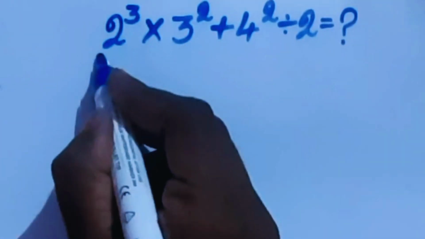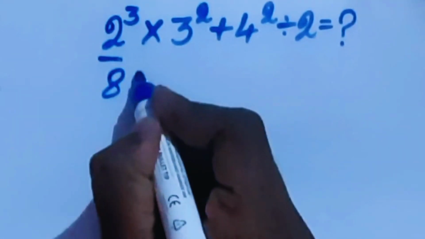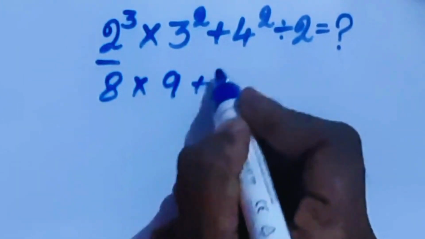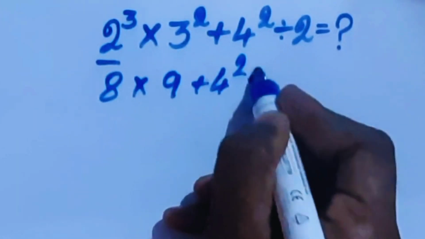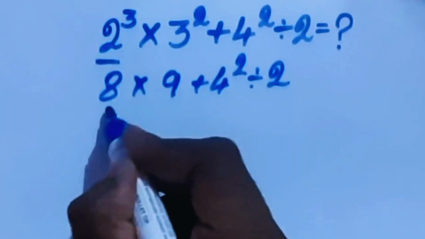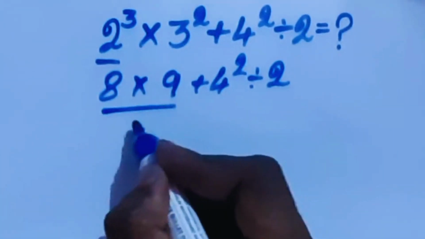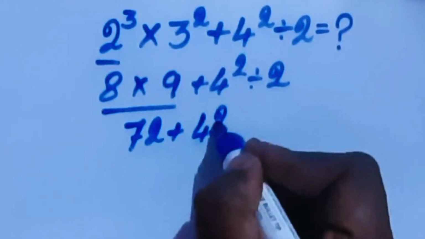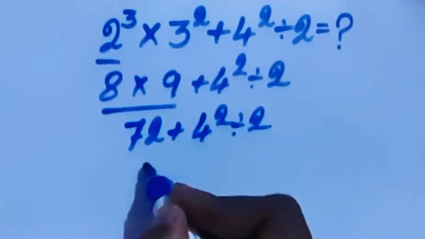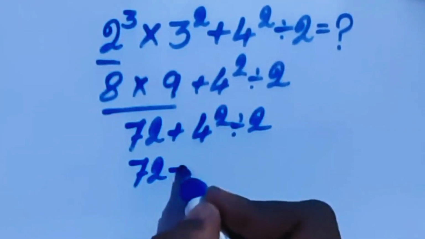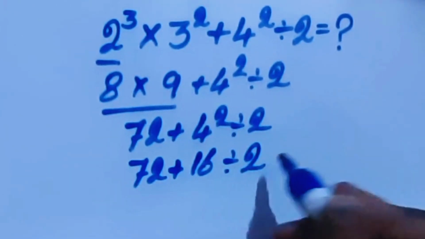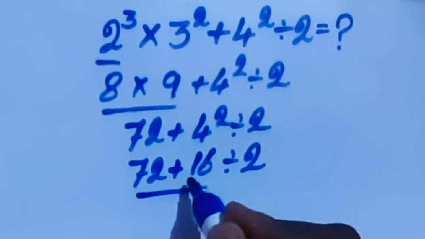Highest here 2 power 3 is 8 times. Here 3 power 2 is 9 plus 4 power 2 divided by 2. Here 8 times 9 is 72 plus here 4 square divided by 2. Here 72 plus here 4 square is 16 divided by 2. Here 72 plus 16 is